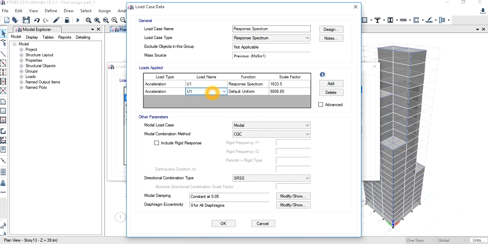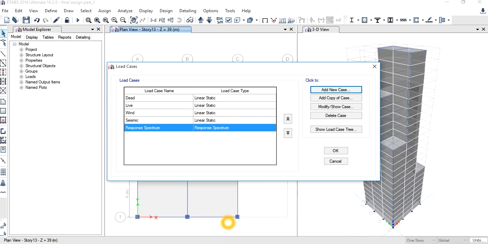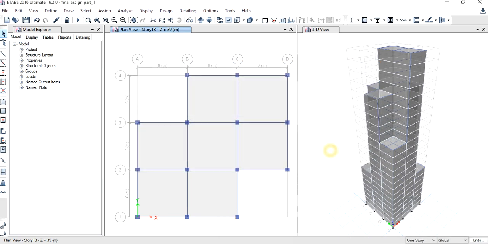Name it as U2. Select the function as response spectrum. The scale factor is same as previous. Click on add. Keep all other values same. Click on OK. Then click on OK again.